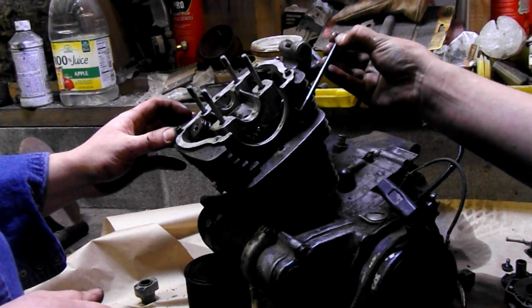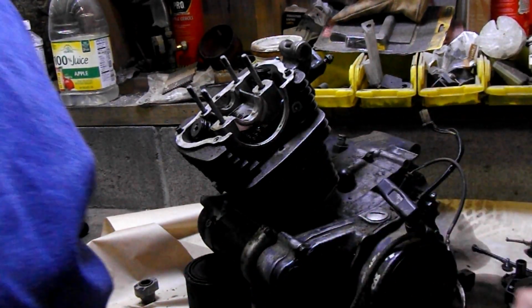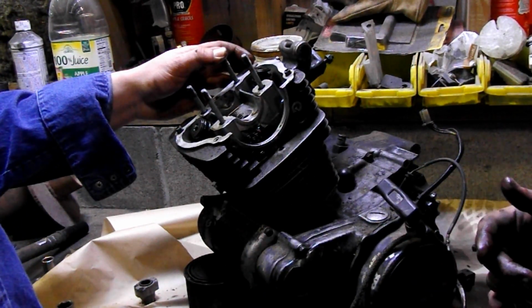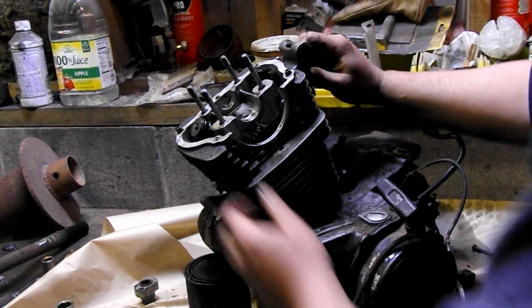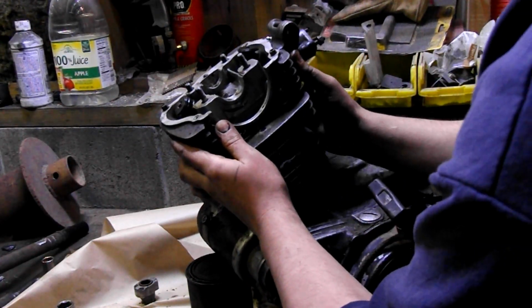That is your tensioning bolt for your timing chain. You go in this hole right here. Now we should be set to take off the head, or the top of the jug. Yeah, the actual cylinder head itself. We're going to go down to a bare piston. It's going to come off in two pieces if you don't count the valve cover. It pulls right off